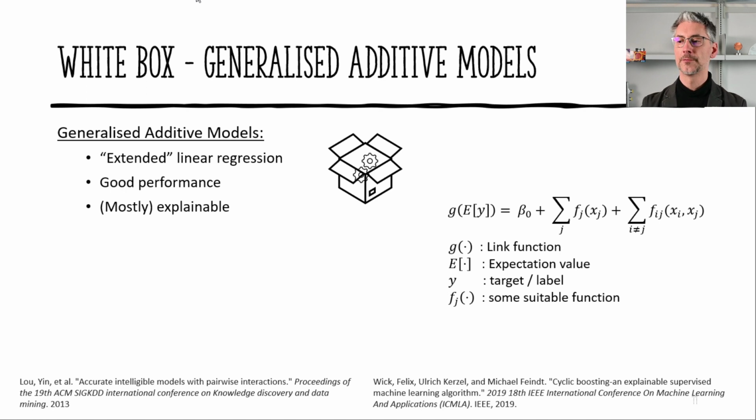And then we have the terms that are really the same as linear regression, slightly more complicated. In linear regression, for example, we would only have the variables xj. Now we modify this and apply a certain function to each of them, so we make it a bit more general. We can also include pairwise interactions with two features, so this gives another level of complexity. It maybe reduces slightly the explainability, but gives us more power in the predictive part.